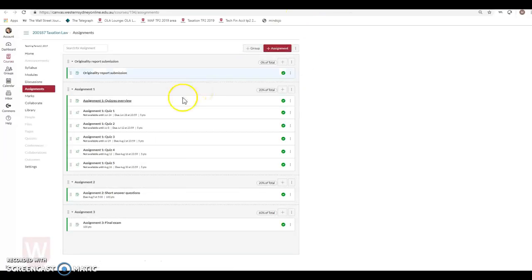And last of all, just wanted to show you on the assignments tab where they all are. So they all have their due dates along here. They each show that they've got 5 points, but it will be scaled back to 20%. So it'll be 25 marks scaled back to 20%. And to click into them, you just go and that'll take you into the quiz.